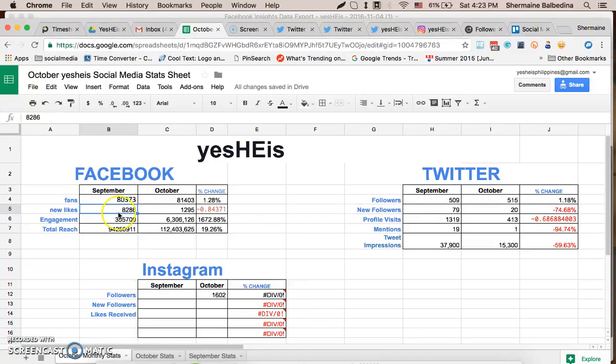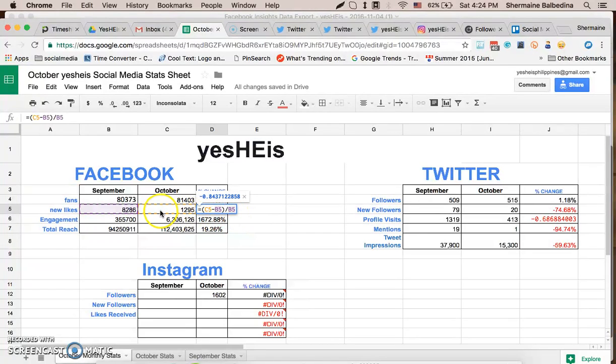So the new likes we got last September, since we are very active that time for the Go Everywhere event, we got 8,286 new likes. And for October, only 1,295. So we got a negative result. Again, you can double click to check C5 minus B5 divided by B5.